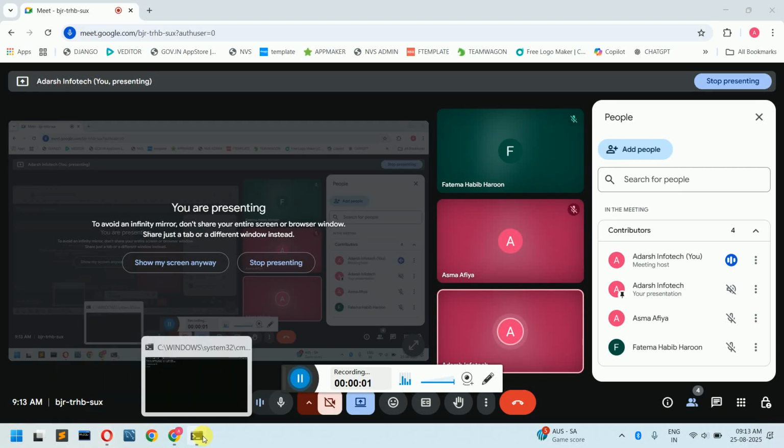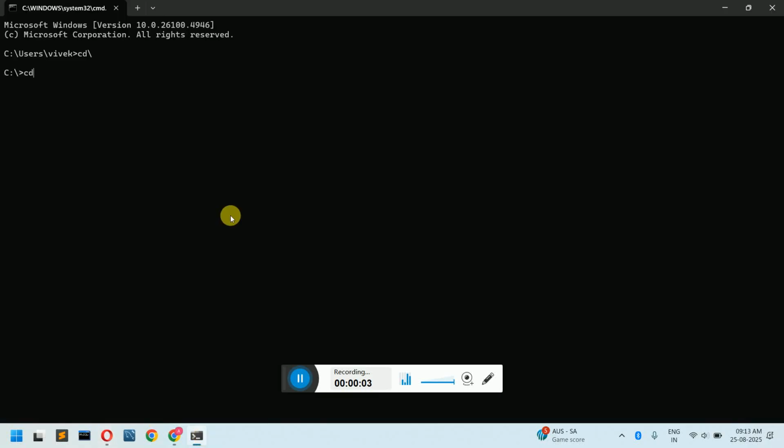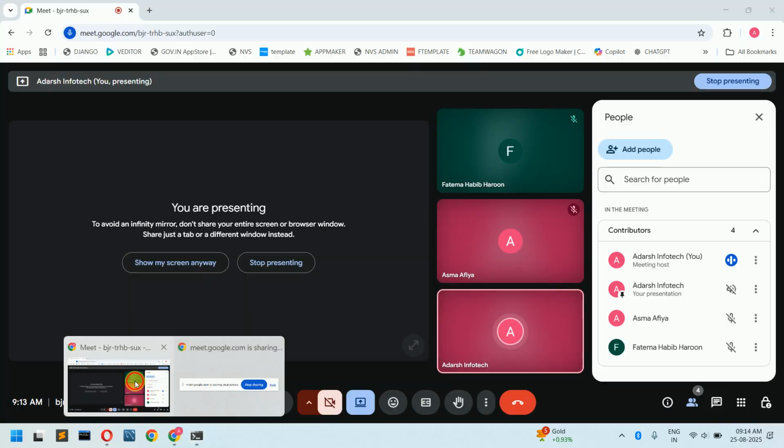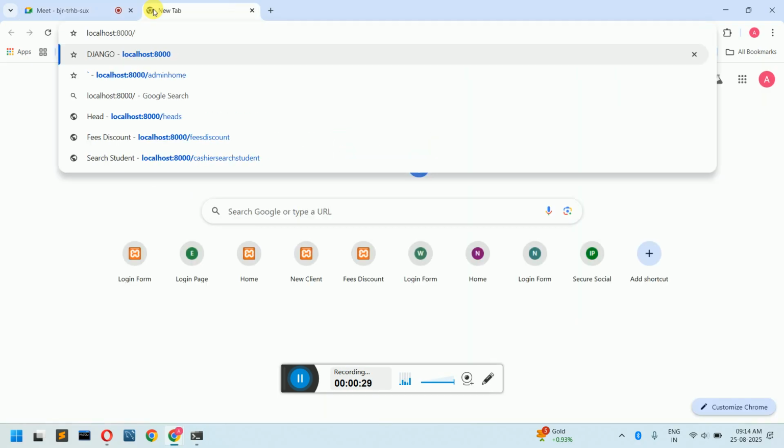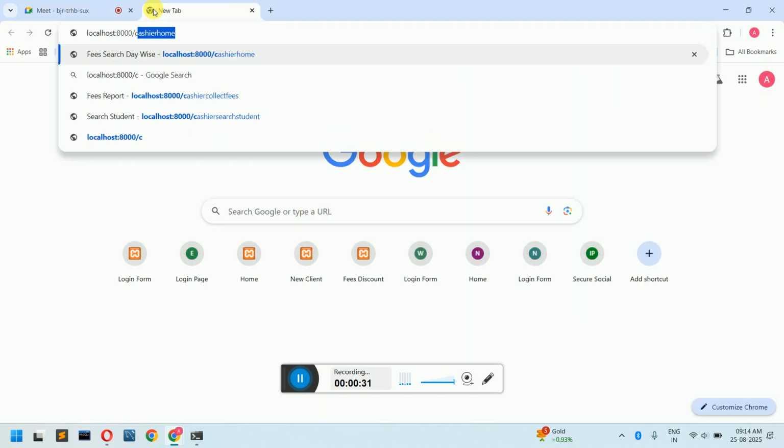In the last class, we had seen how to store the data of the course inside the table. So let us run the project. CD, I think we have given Python project, python manage.py runserver. Open the browser and run the application that we have created. It was like course master,